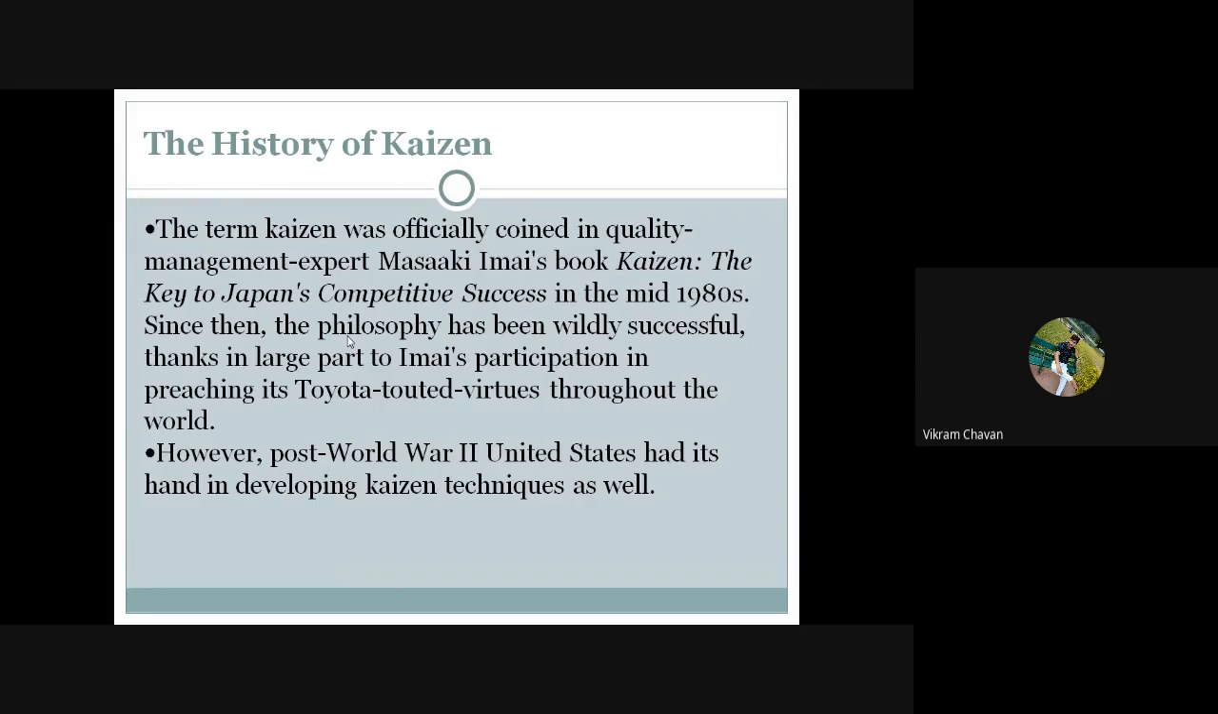The term Kaizen was officially coined in quality management expert Masaki Imai's book Kaizen: The Key to Japan's Competitive Success in the mid-1980s. Full stop. Since then,